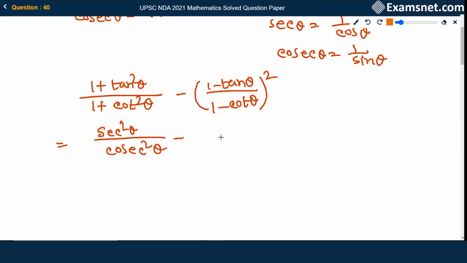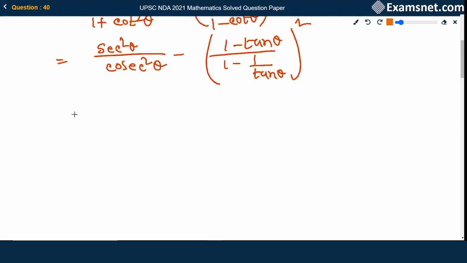Now minus, and cot theta we can write in terms of tan theta again: 1 minus 1 by tan theta, whole squared. Cosec squared theta means 1 by sin squared theta, and sec squared theta means 1 by cos squared theta also. So minus (1 - tan theta)